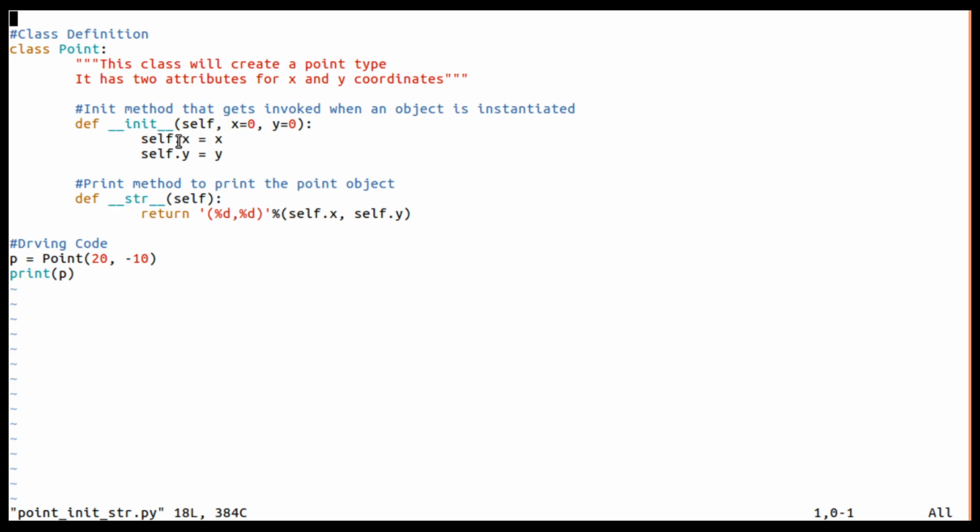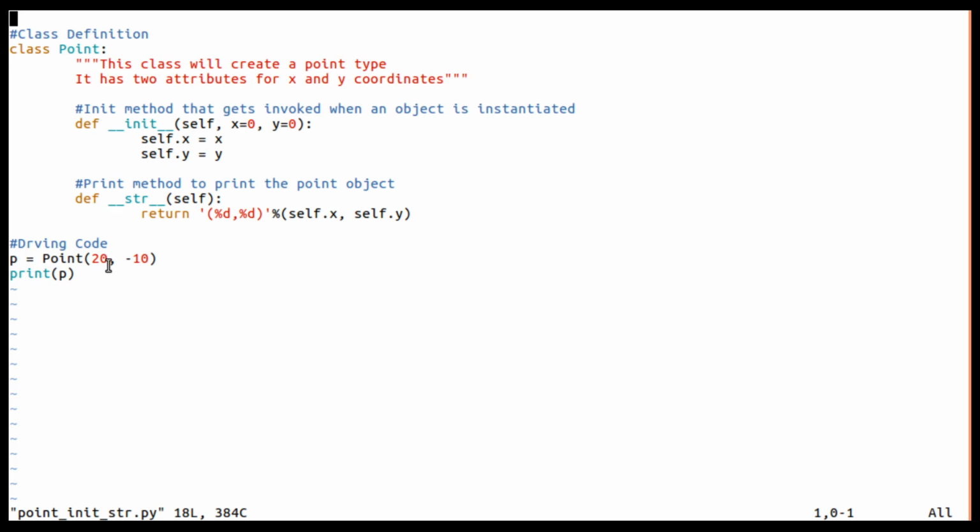So here self.x is equal to x and self.y is equal to y. This is the print method, which will return the string version of the object, like a %d, with self.x and self.y. Okay, so the driving code: p is equal to Point.